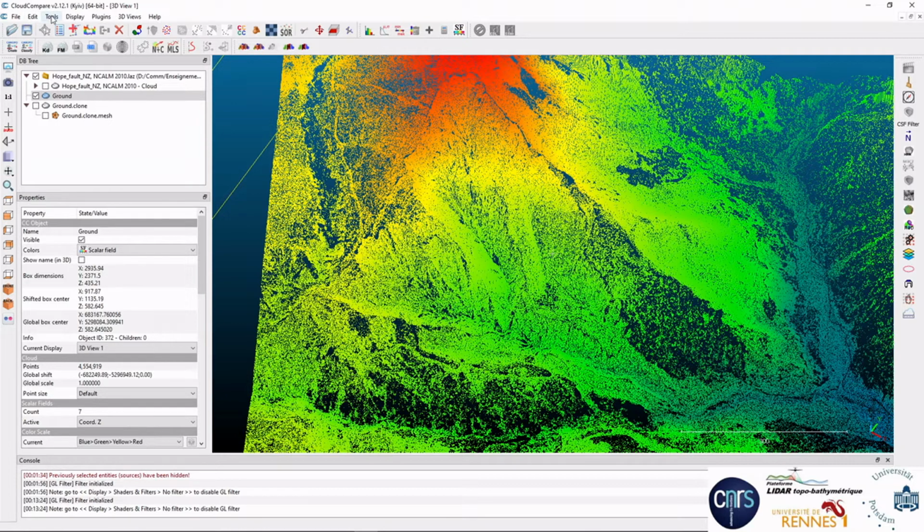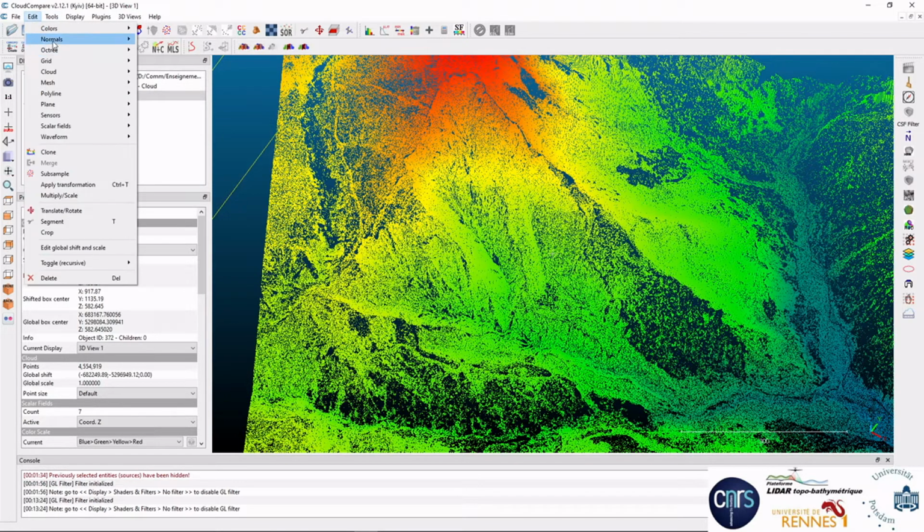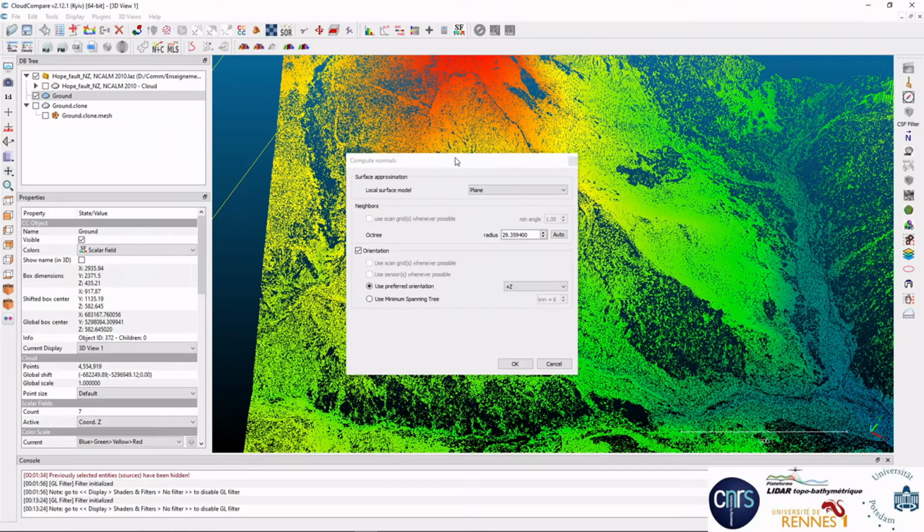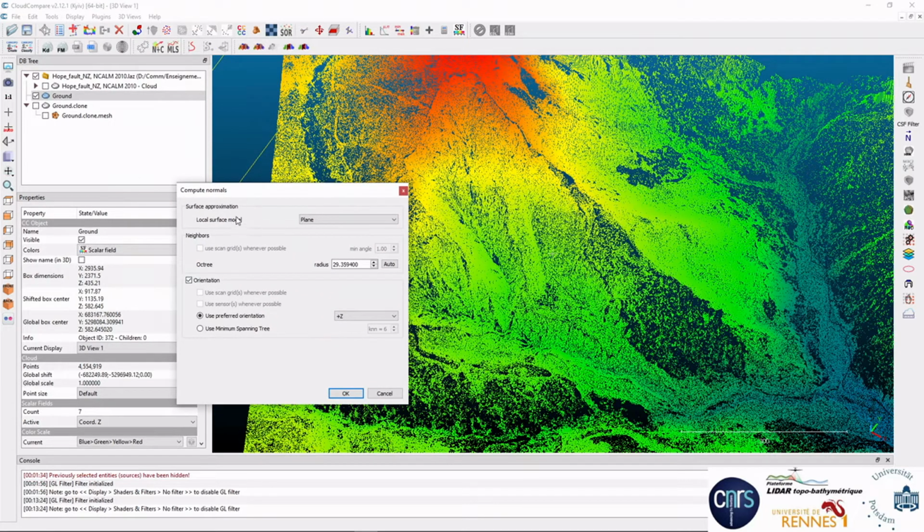So we can compute normals using Edit > Normals > Compute. In this menu, we are going to approximate the local surface by a plane. We could also use a quadric or triangulation. Triangulation is what was done just before, and you don't have to choose a specific scale.